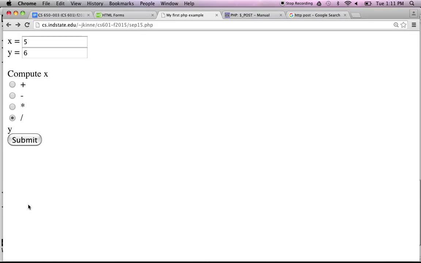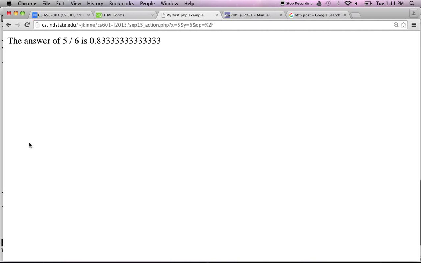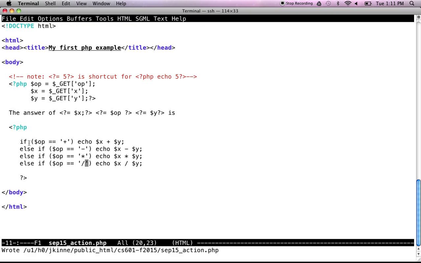Is it going to do integer division or floating point division? I don't know. Who thinks it's going to do int? How about float? I don't know. Float. All right.